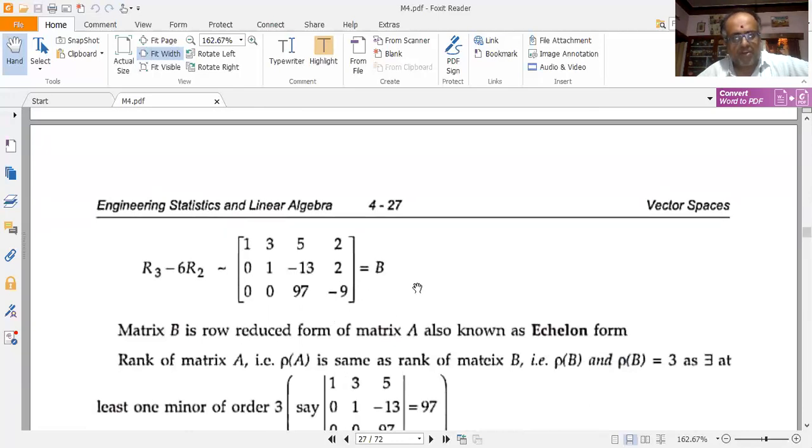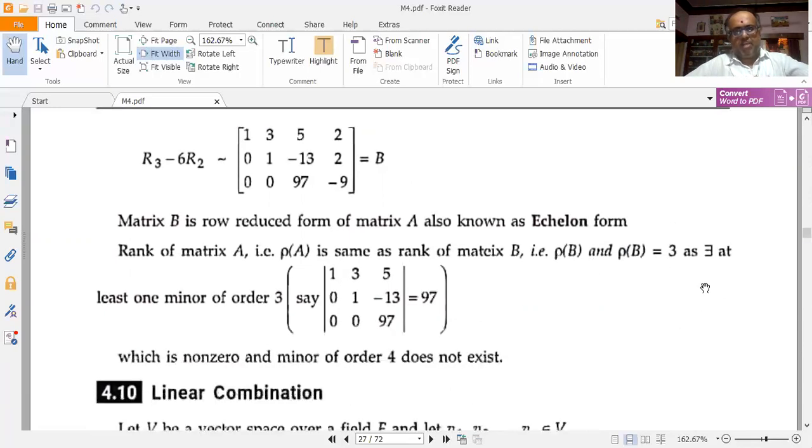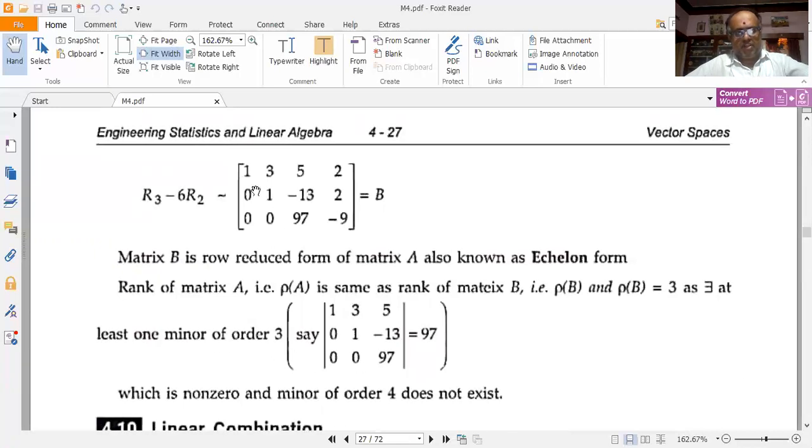Now matrix B is the row reduced form of the matrix A, and this is also called the echelon form, E-C-H-E-L-O-N, echelon form. And the rank of matrix A is the same as the rank of the matrix B. So here rank of B is equal to rank of A, which is equal to 3, because there exists at least one minor of order 3. Say if I take the determinant of this 1, 3, 5, 0, 1, minus 13, 0, 0, 19,